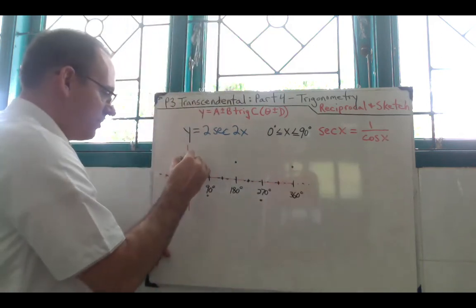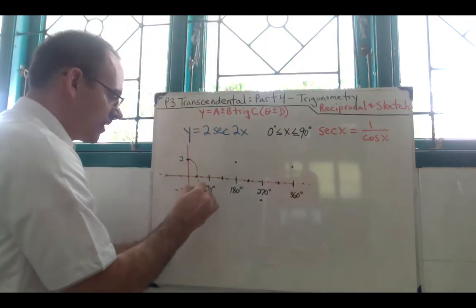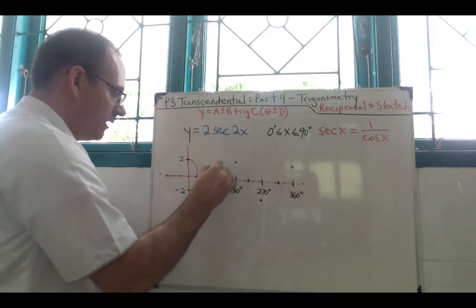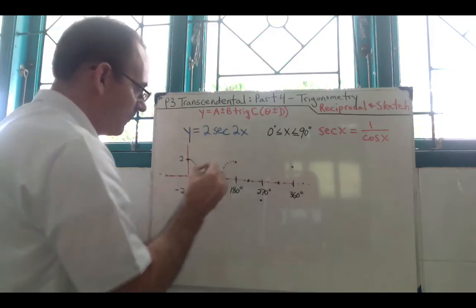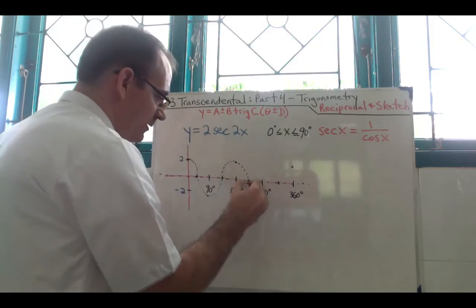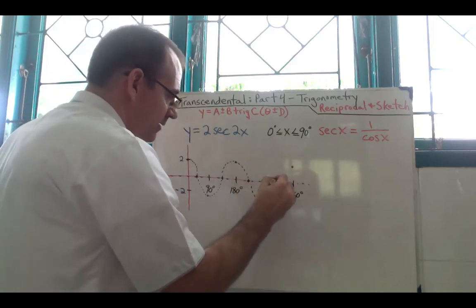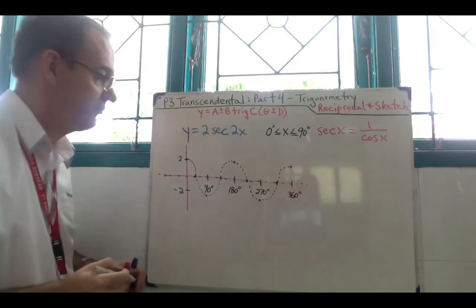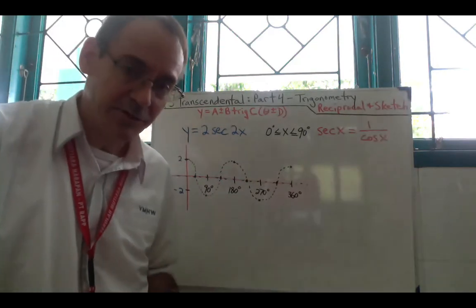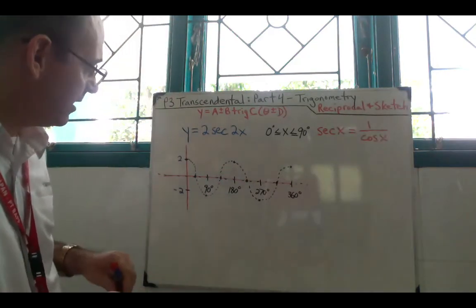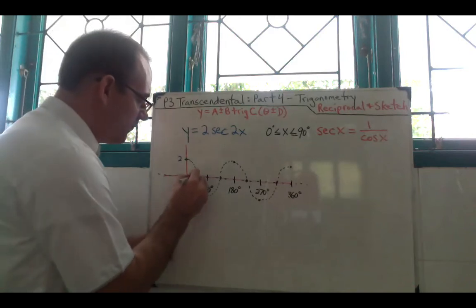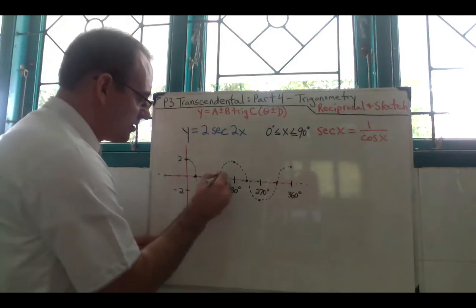So this kind of goes like this, down, up, there's one cycle, and then down again, like this, up. There's two cycles. So there's two cycles of cosine, and again, notice I have emphasized the zeros,